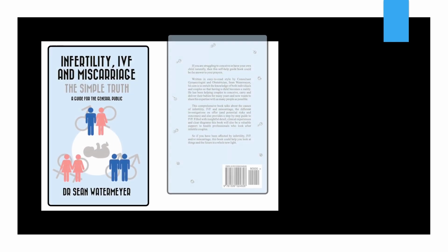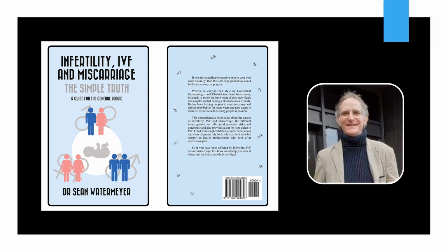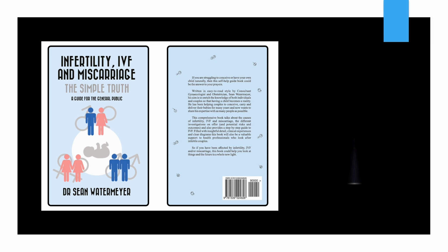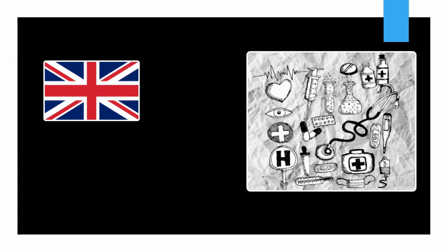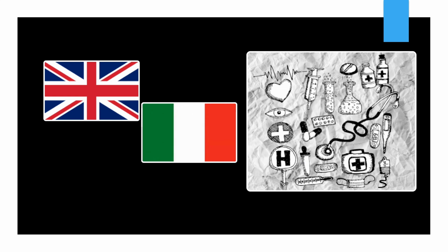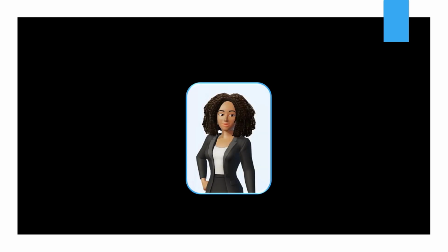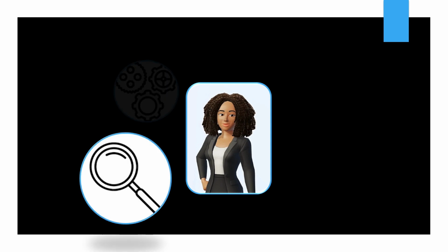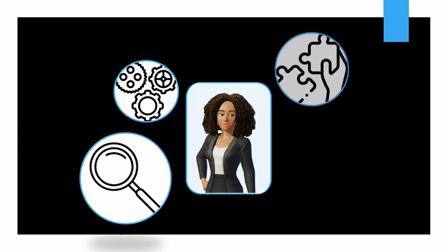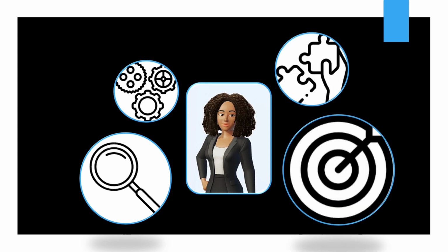The source text is a 6-chapter excerpt from the book Infertility, IVF and Miscarriage, The Simple Truth, A Guide for the General Public by Dr. Sean Watermayor. My choice of text was mainly driven by the fact that this is extremely interesting from a linguistic point of view. To be more specific, what led me to opt for this particular piece of work were the potential translation challenges posed by substantial differences in terms of styles, conventions, and register existing between Italian and English popular science texts, as well as my will to make a display of all of the technical knowledge I have gained